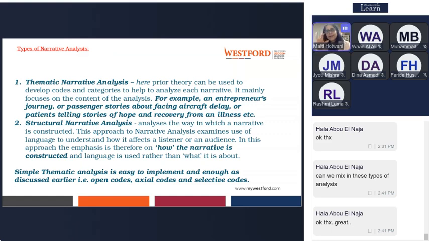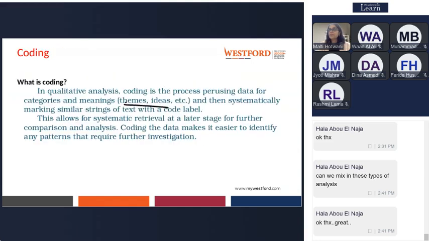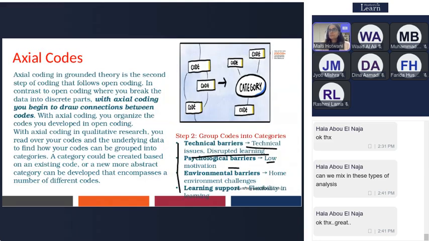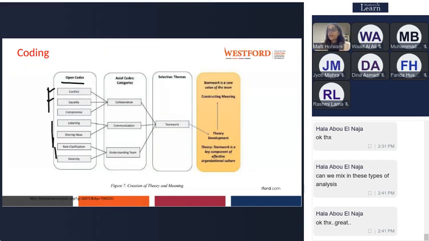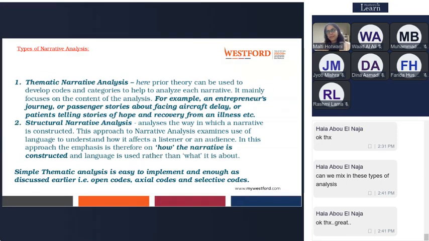Now, in narrative analysis also, you can have two types of analysis. Till now, in the beginning, we understood the thematic analysis. Now, for your research projects, thematic analysis is more than enough. It's easy to implement. You can go for thematic analysis. But if you want to go for narrative analysis, that's better. But thematic analysis is simplest: developing open codes, axial codes, selective codes, and dividing them into categories.